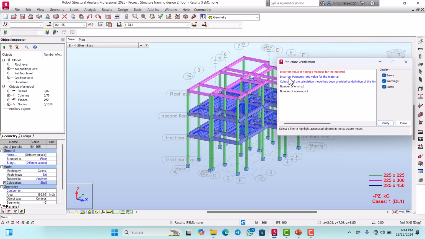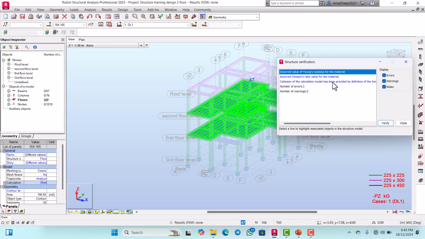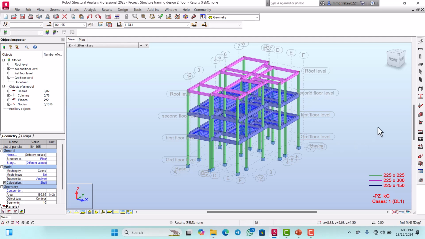The error is saying incorrect value of Young's modulus for the material. And what is the material? So the material here is the slab. So we are going to correct this before we now proceed with our design, with our model. So for you to correct that,